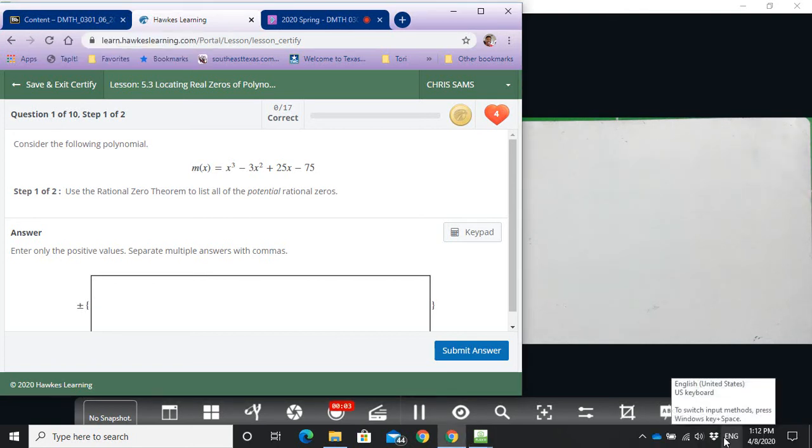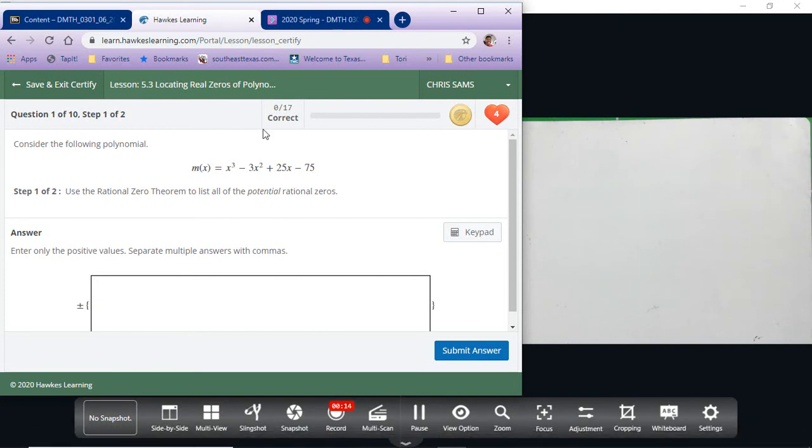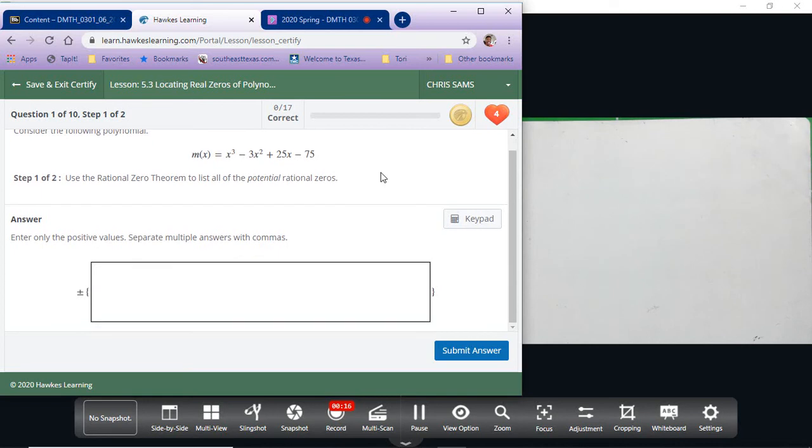Alright, this is section 5.3. We're going to be locating rational zeros of polynomials. The first one has 2 steps. As you notice, we have 10 problems. There's 17 steps altogether. This first one wants us to use the rational zero theorem and list all the potential